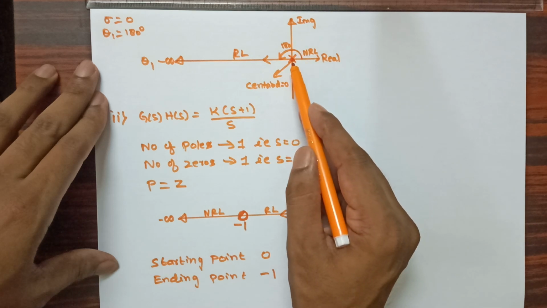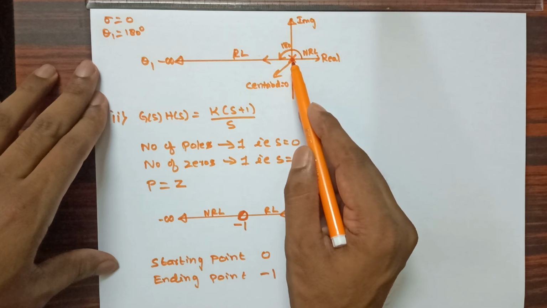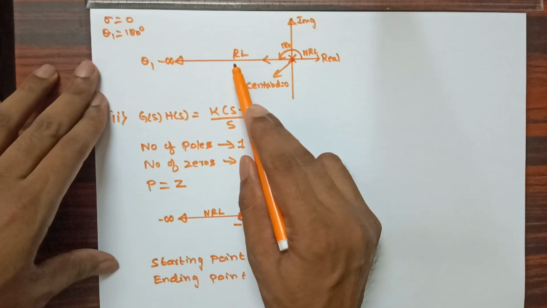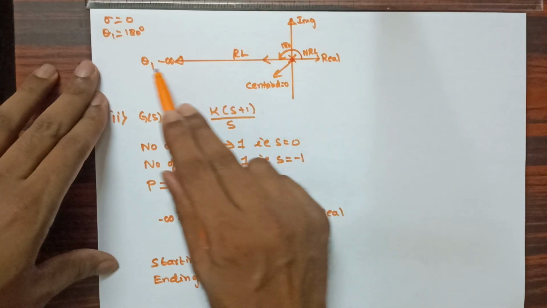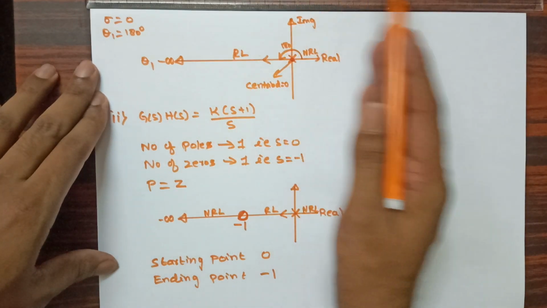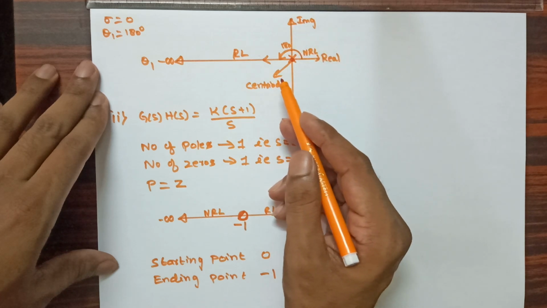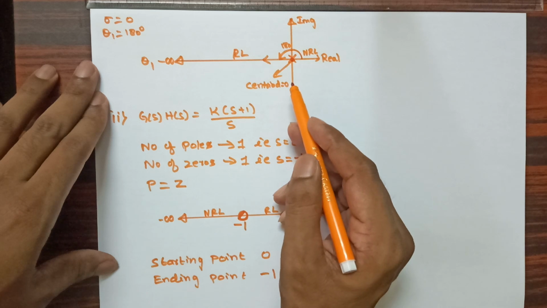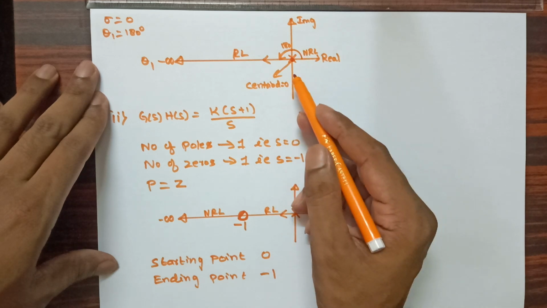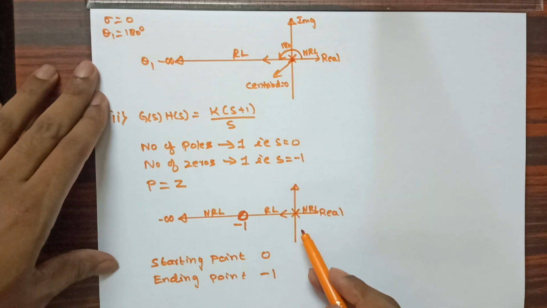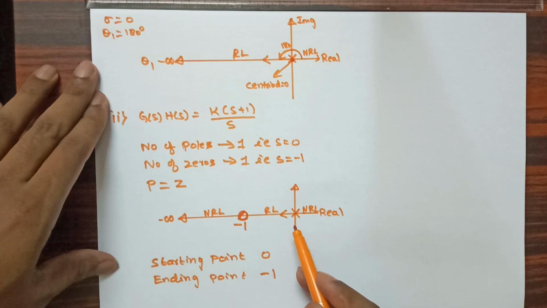You can see that when the input is applied, this pole was moving in this direction, that is at a 180 degree angle it is moving towards infinity. Nowhere is it crossing the imaginary axis. Therefore we need not calculate a breakaway point and intersection with the imaginary axis in this problem. And in this problem also you can see that we do not have any branch approaching infinity. Therefore we are not going to calculate the angle of asymptote. If there is no angle of asymptote, then there is no question of centroid.